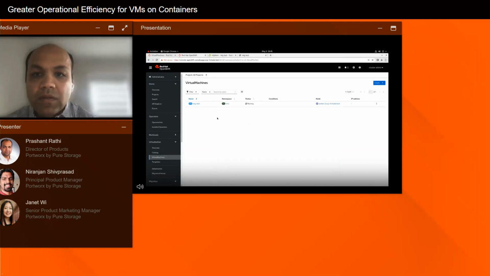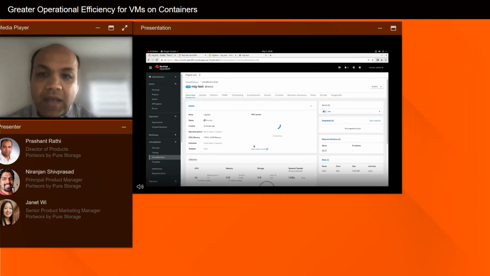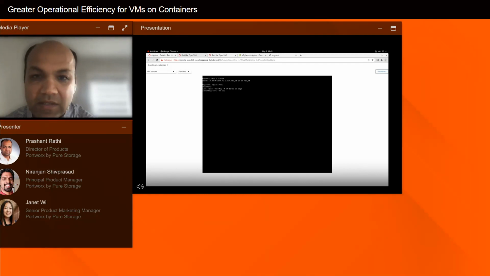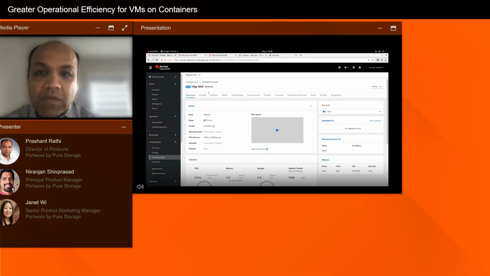So you can see the process is just completing, and now we are going to log into the VM, and we're going to again check if that same file exists, and that pretty much verifies for us that the VM was able to be accessed from another worker node. So this demonstrates high availability. We also saw the live migration use case. These two are